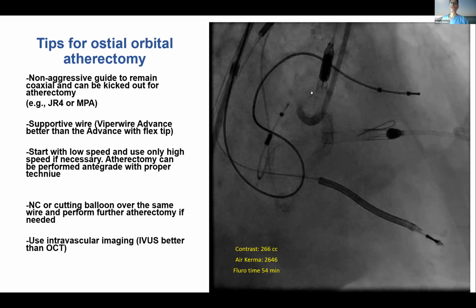And also beware, if you're doing like 4, 5, 6, 7 runs of atherectomy and things don't work, be careful, because sometimes people get really mad, so to speak, and they push really hard. And that's how you get bad things like the rotablator burr may go through and then doesn't come back. Or when it comes to orbital, you push it many times, you may actually fracture something or kink the wire and fracture the wire. So when you are getting your temperature rising, when you're feeling angry, this is the time to just take a deep breath, stop, and reassess the situation and see exactly what is going on